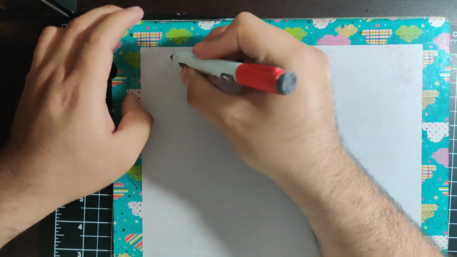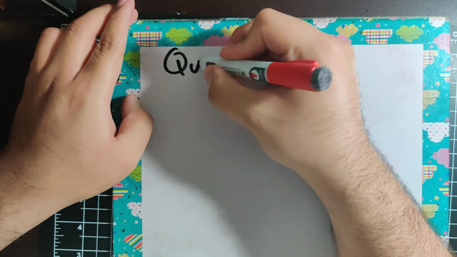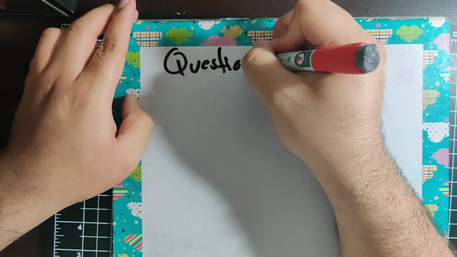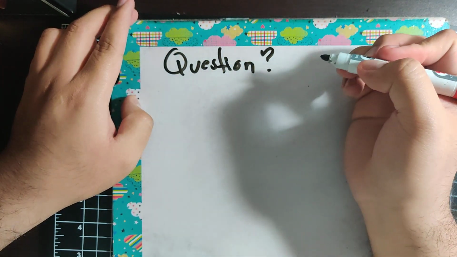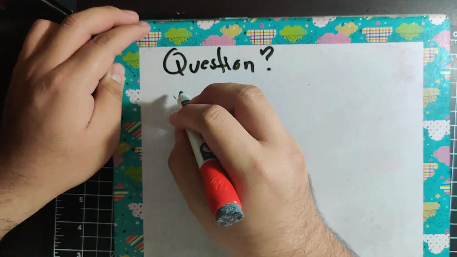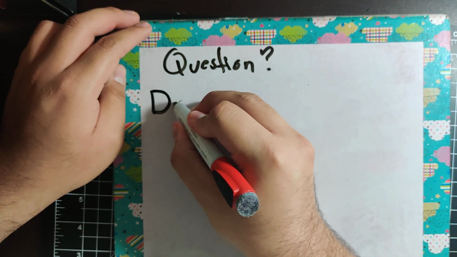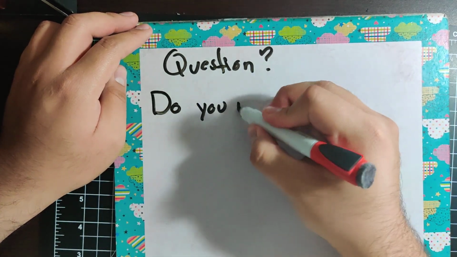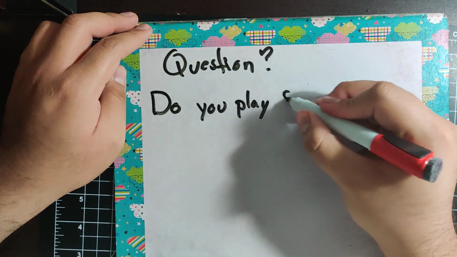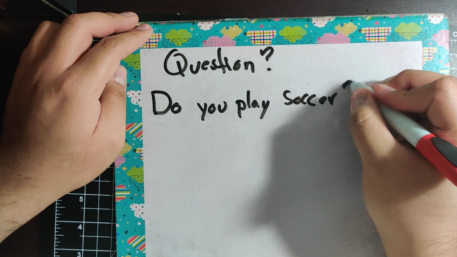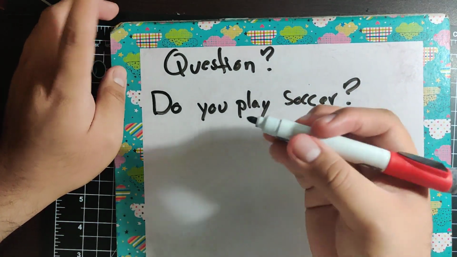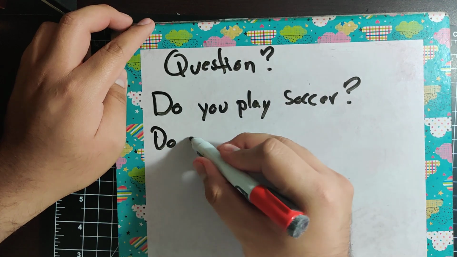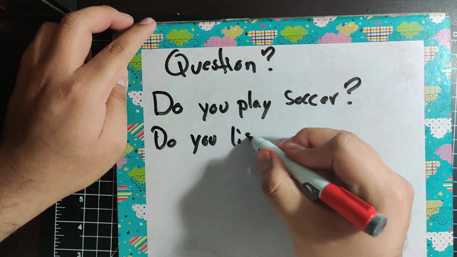How we're going to make this into a question. Well, that's pretty simple. We're going to be using do. Okay? Do you play soccer? Do you play soccer? Or do you listen